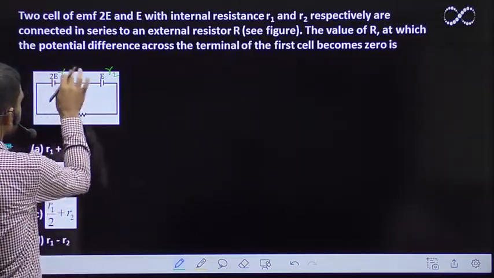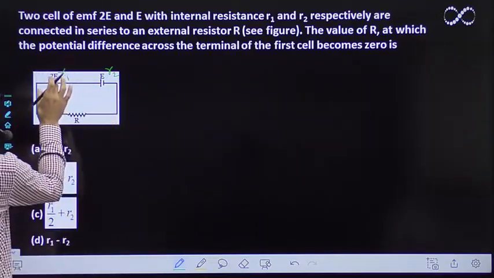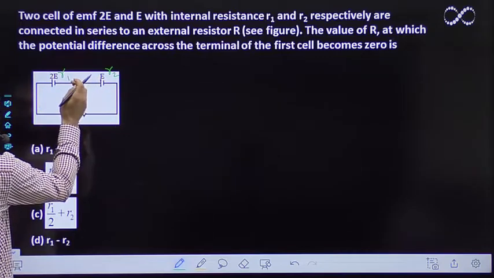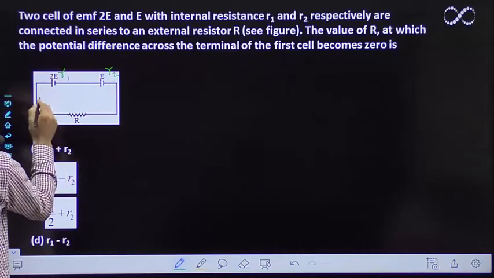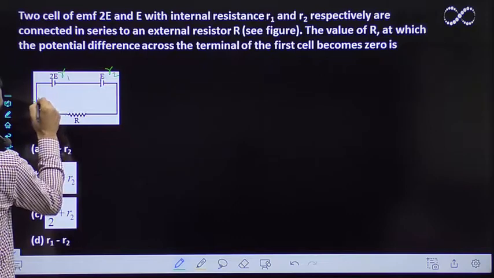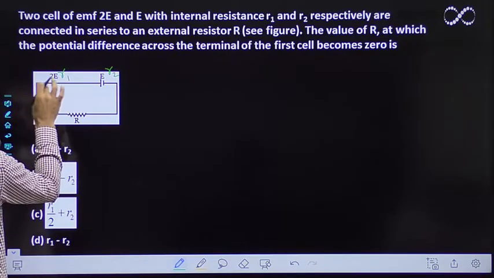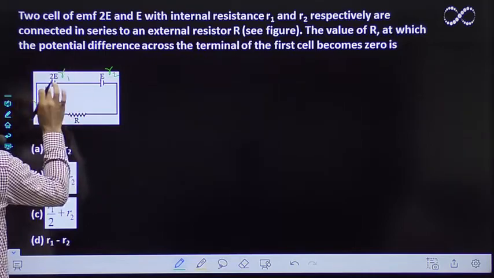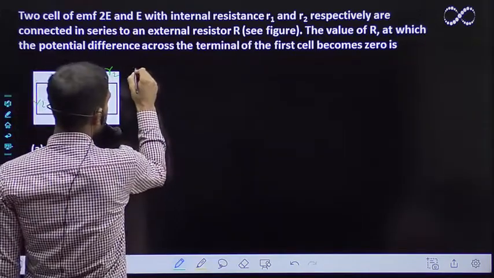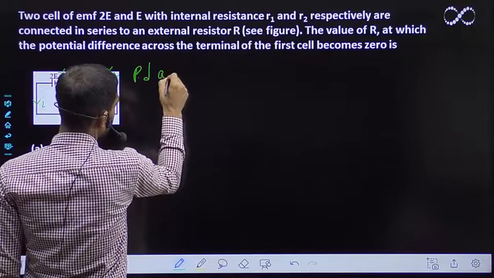So potential difference across first cell. Now you can see here first cell और second cell का जो positive terminal है rightward direction में है, तो current you can easily see it will come in this direction. Now since current जो है cell के positive terminal से निकल रहा है, so potential difference across this cell will be EMF minus IR. So I can see here potential difference across